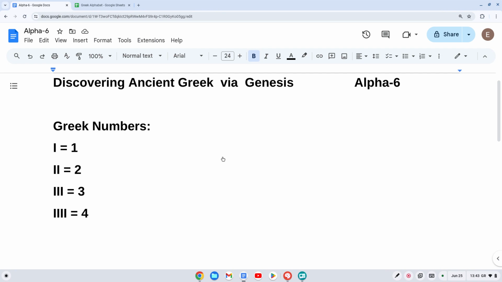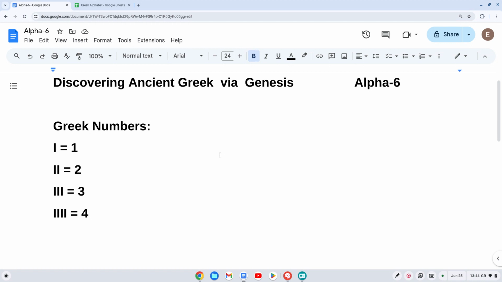This is Alpha 6, the sixth tutorial on discovering ancient Greek and focusing on the Greek alphabet. So today we're going to talk about Greek numbers,